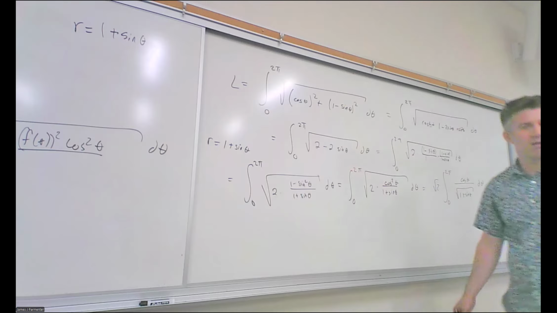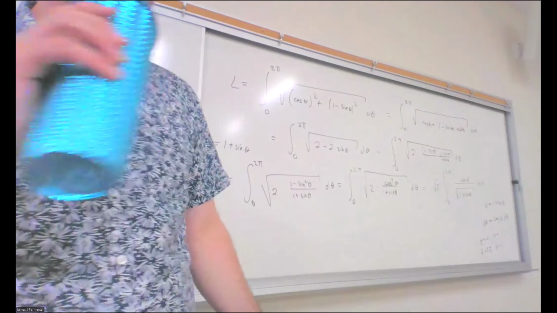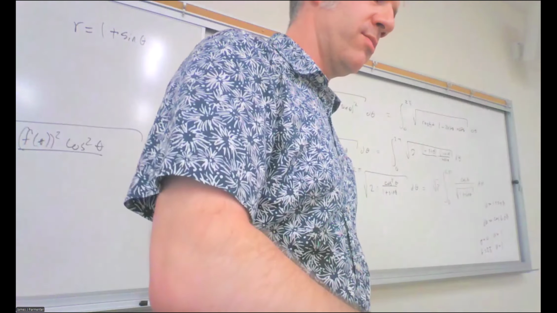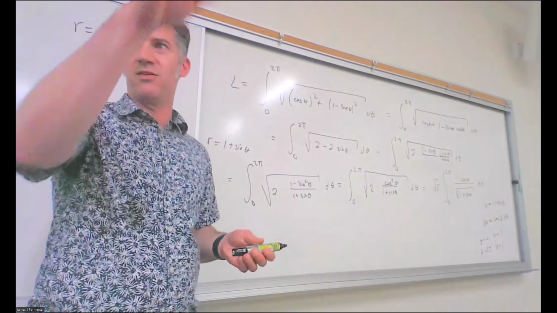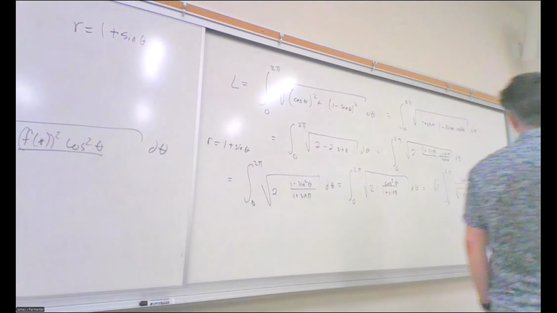There's an issue here. Yeah, oh, interesting. Yeah, I know what the issue is. So you know how most of the time we take the square root of cosine squared and we're like, yeah, it's fine, it's just cosine. Well, here it's